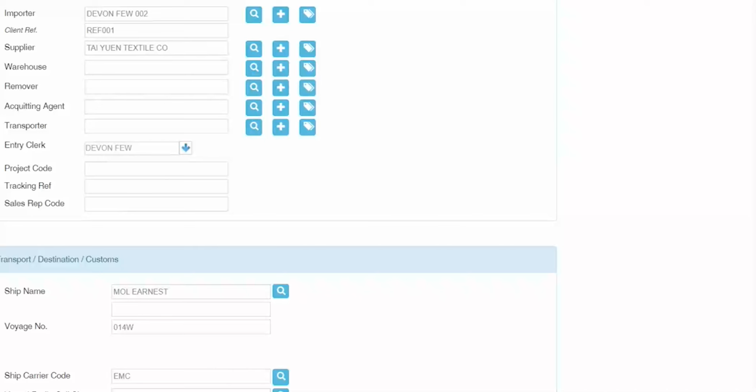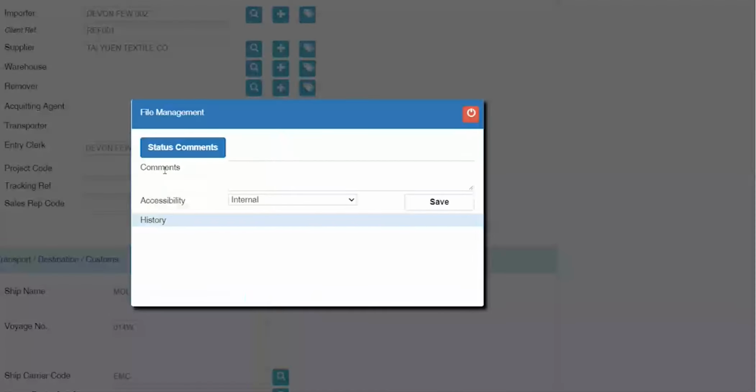Now, at this point, you can already start doing your suppliers invoice and your tariff lines, which I'm going to get through to, but you can also do comments. So under comments as well, I can have internal comments against the file where we can enable the report for your system to print the comments, or alternatively, if your business has different methods to control the comments as to what you want to use them for, your KPIs internally or anything else like that, you can use the comments and then just tell us what is the report you want built in the system